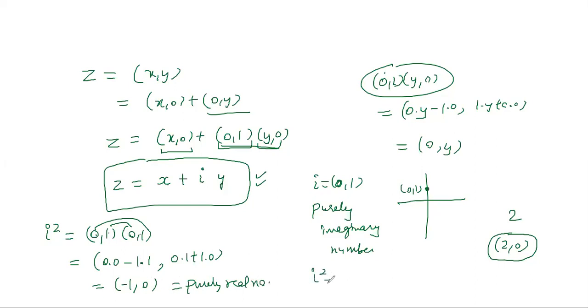So we are clear now that this (minus 1, 0), as I just told you, is a purely real number. If you write its value directly, that is what it is. So i squared is minus 1. That is how this is a purely imaginary number, but its square happens to be minus 1. So we know that that is how the basic definition of iota comes into the picture, right?